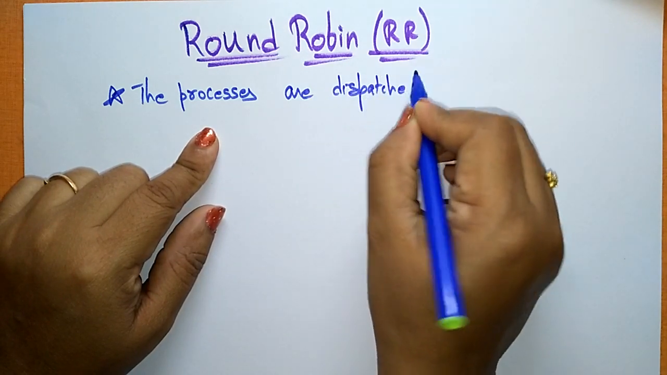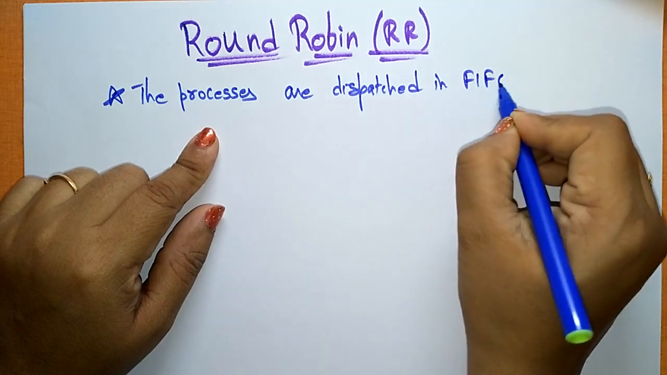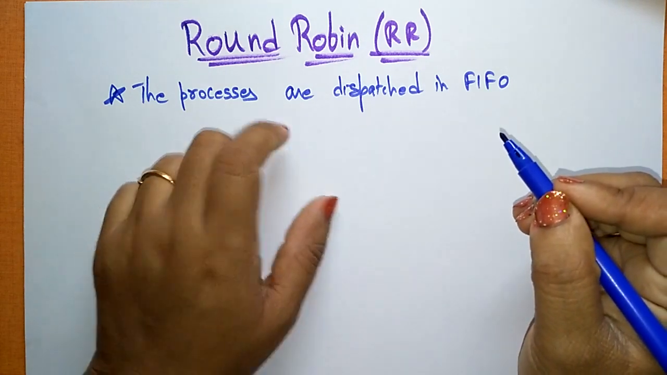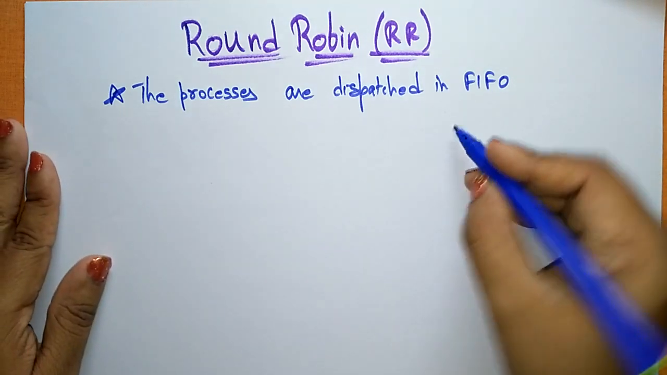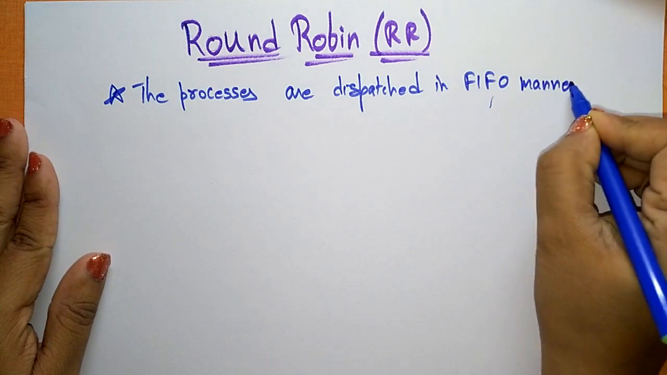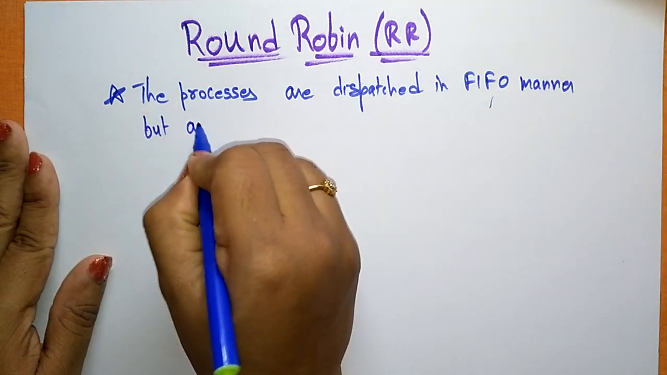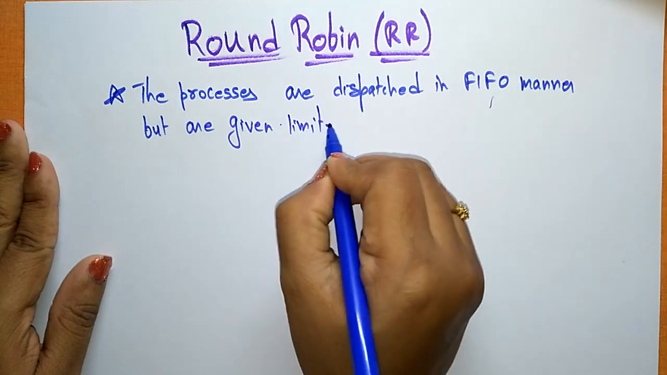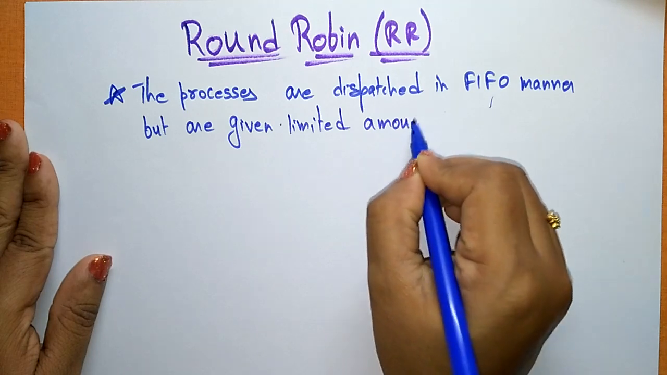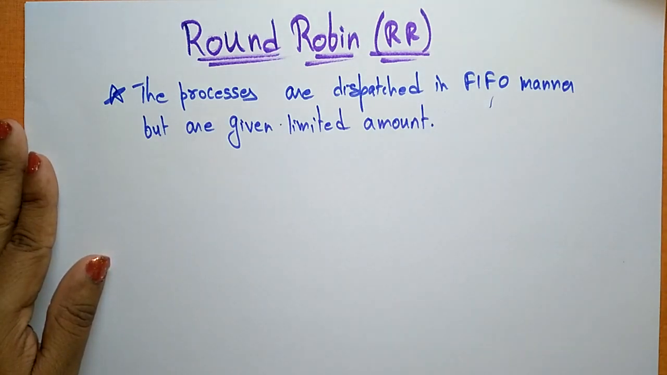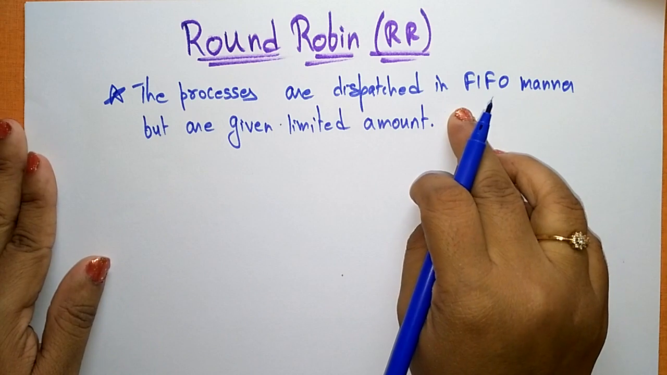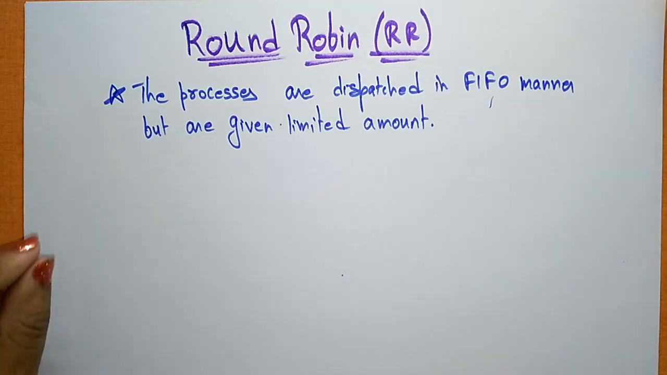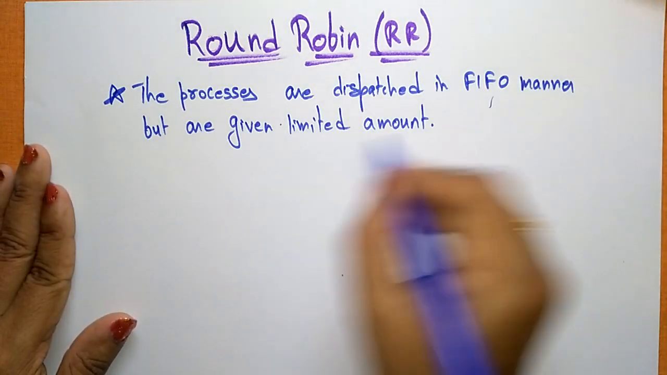First they are dispatched in FIFO, first in first out. The CPU follows the first in first out manner, but each process is given a limited time. The CPU has to take the processes in first in first out order, but for each process we are assigning some limited CPU time,